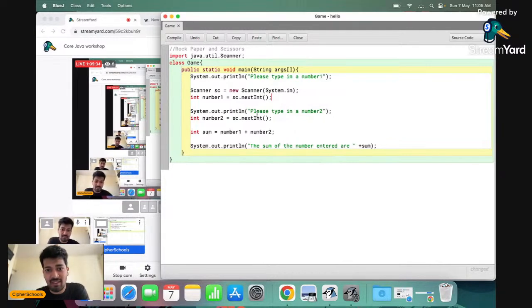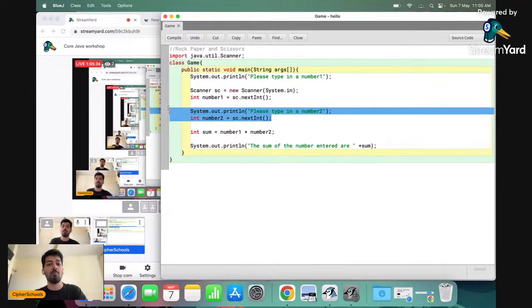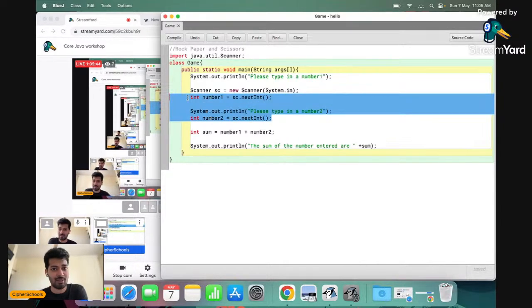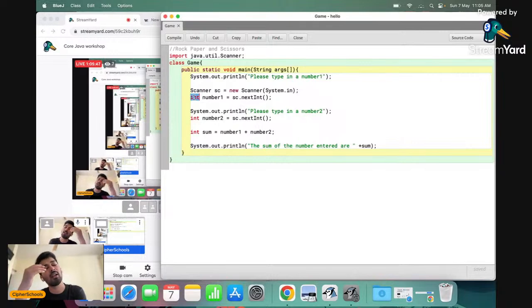Now, similarly, I have repeated the same thing again because I want more input from the user, right? Both of these inputs I'm expecting in the form of numbers. You can manipulate it to float, double, or string. Now, this line that we have over here, we are just summing up. The variable name is sum, which is again of the type int, and the values entered by the user and stored in my variables number one and number two are simply getting added. Okay, as simple as that.